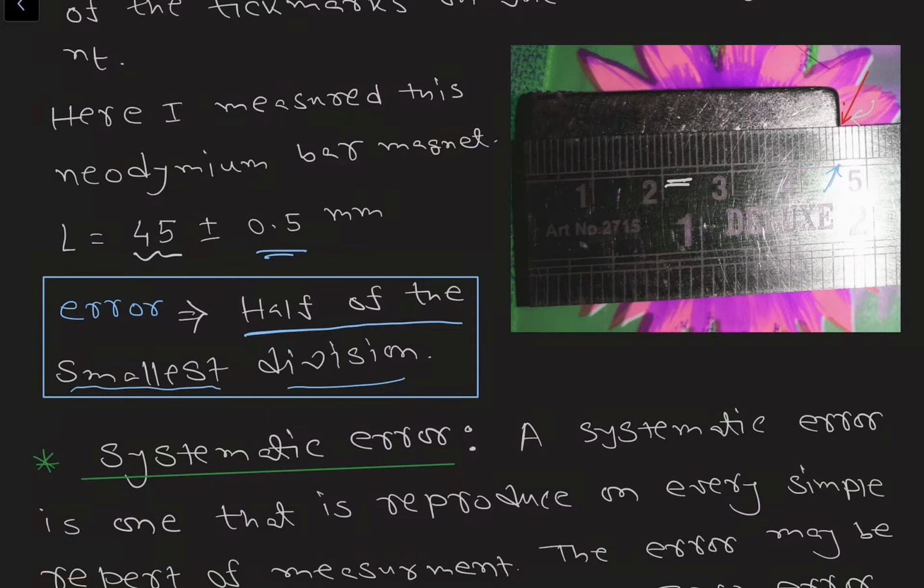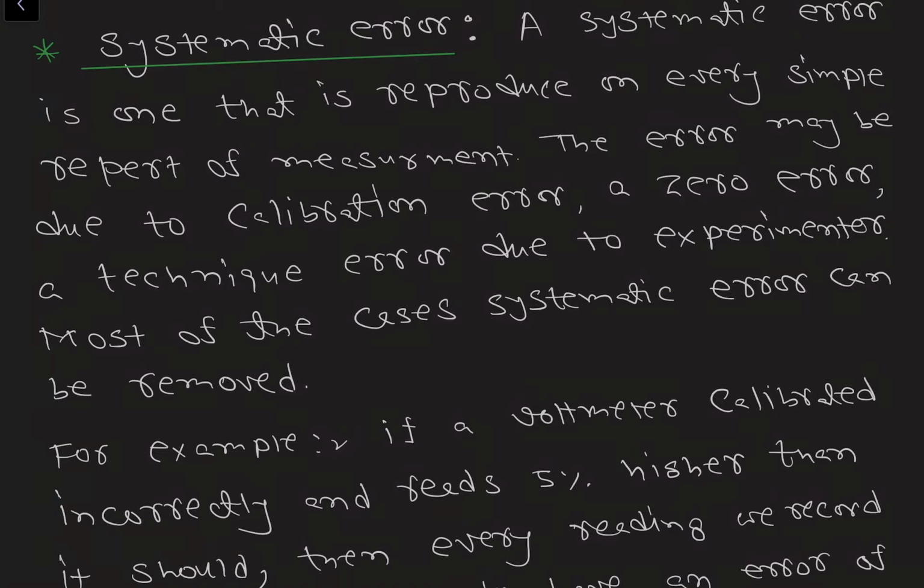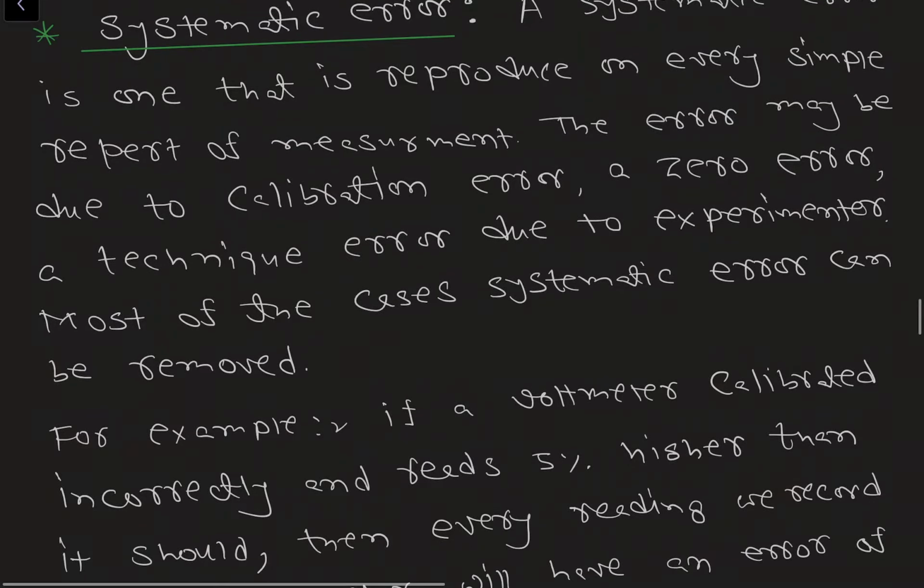In case of a time period measurement of an oscillation, we can do the same thing. At the end of the measurement, we can give the smallest division of the stopwatch, because if you take a very large sample, the random error will be very small with respect to your total data sample. That is how we can state our values in case of a time period measurement of some oscillation. Now came to systematic error.